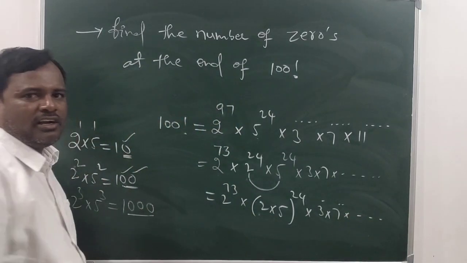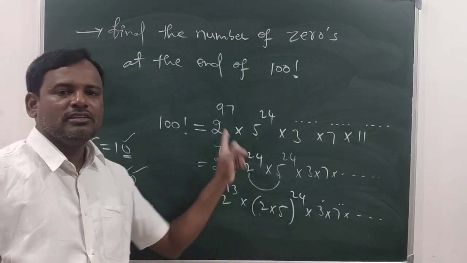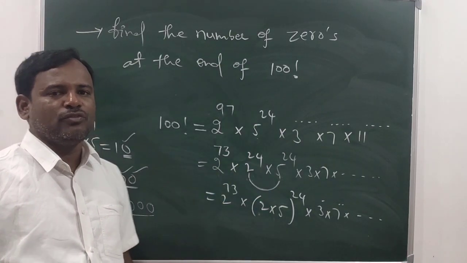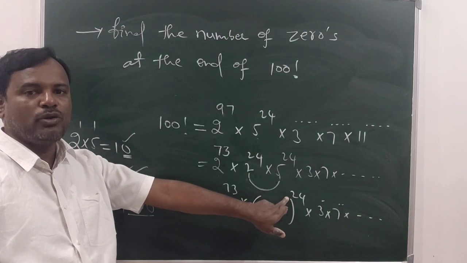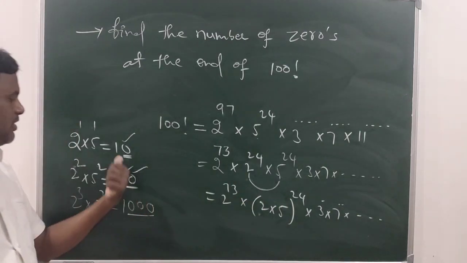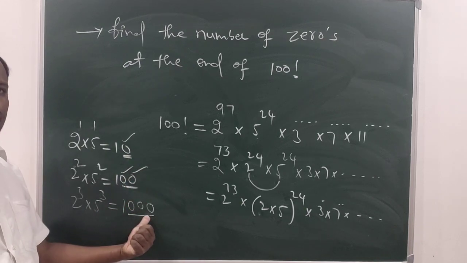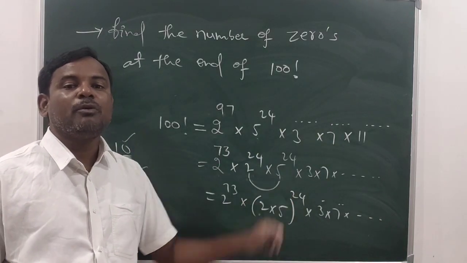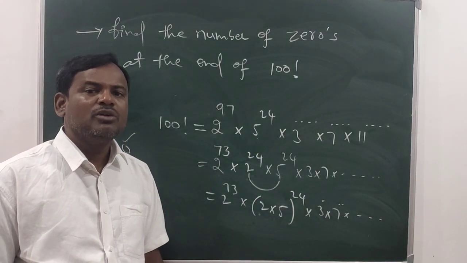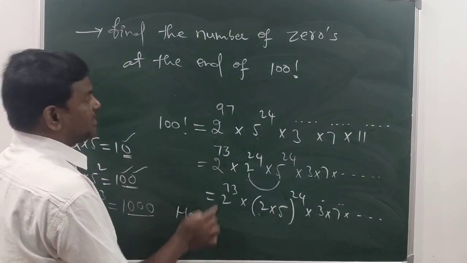Now 2 fives are 10. Now 10 power 24 we are getting. Hence this result ends with 24 zeros. 2 fives are 10, 10 power 24 you are getting. 10 power 1 ends with 1 zero. 10 square ends with 2 zeros. 10 cube ends with 3 zeros. Like 10 power 24 ends with 24 zeros. Hence this result ends with